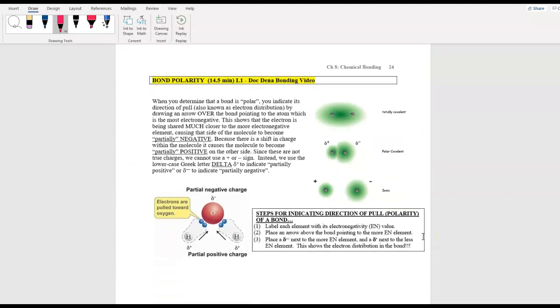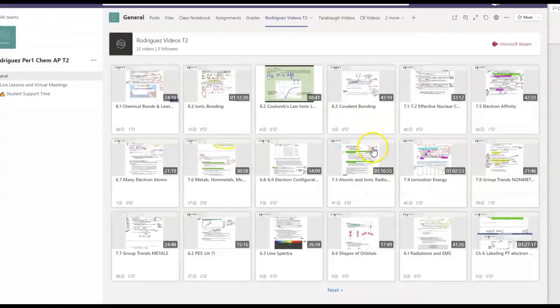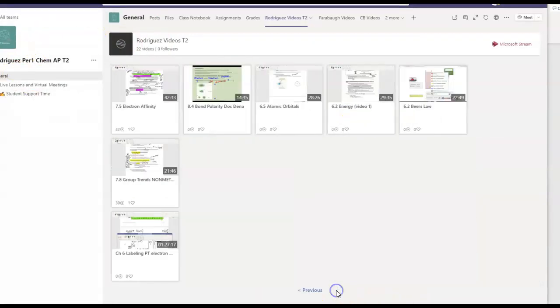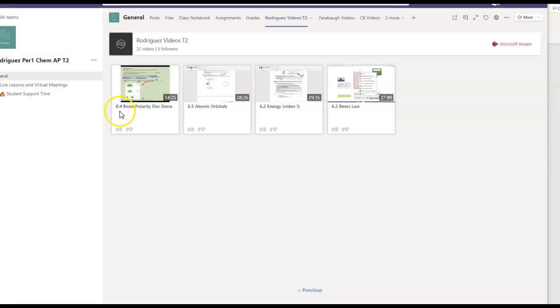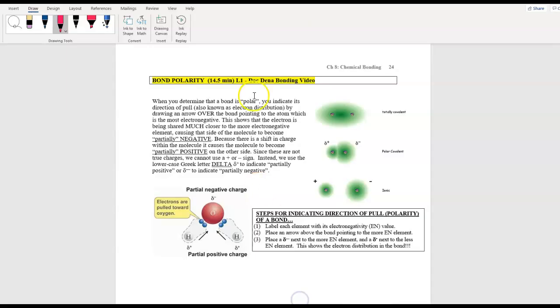Doc Dina has a quick video to help you with polarity, and she looks at these three right here. I put it on your Teams, and you'll notice it's right there. Okay, so 8.4. In her video, she's going to do some examples with you that are also in the notes. So right here, after you watch